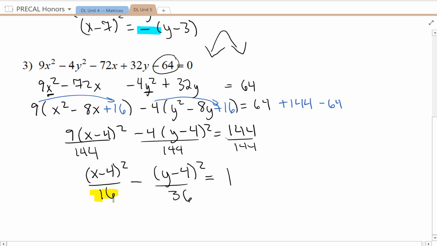A for a hyperbola is always the first denominator, and so x is above a squared. A squared is the first denominator. X is above a squared, so this would be opening to the left and the right. That's what this hyperbola would look like. All right, that's shifted